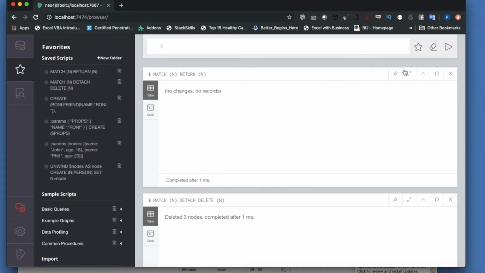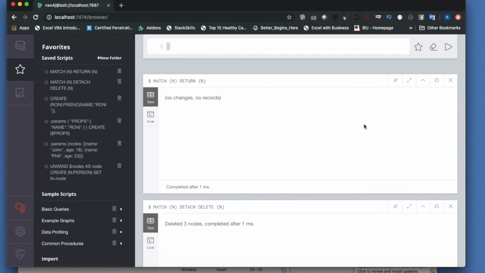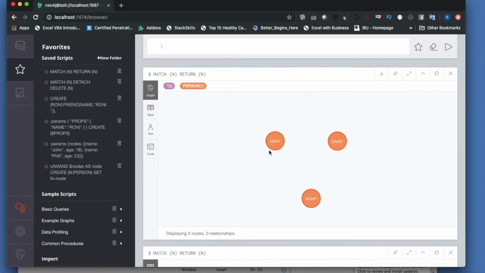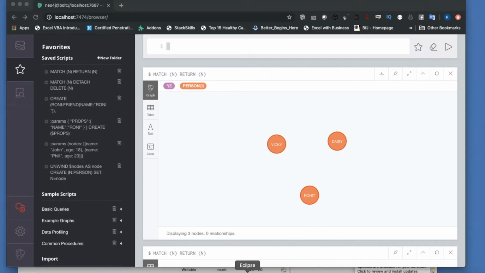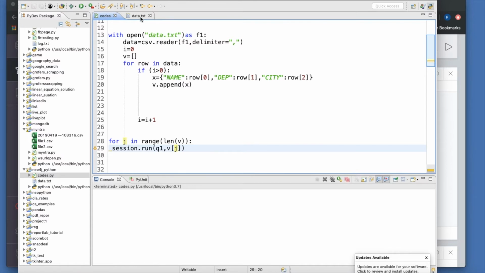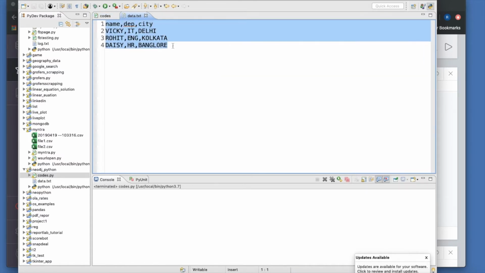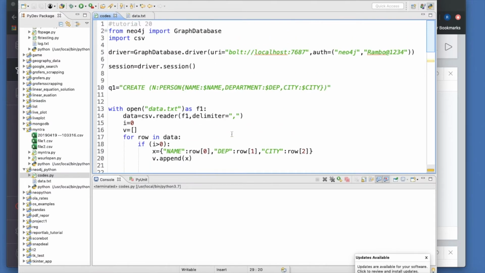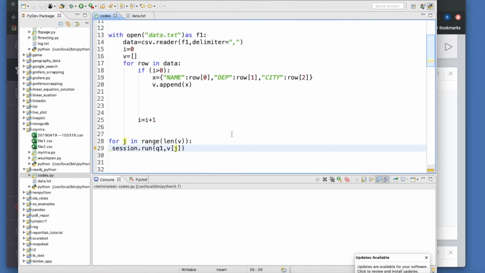Let me check this thing. Okay, it's Vicky, Daisy, Rohit. So everything is created successfully. Vicky, Daisy, Rohit. So guys, this is how we can read from CSV and create nodes as much as